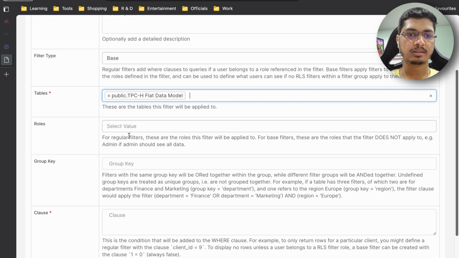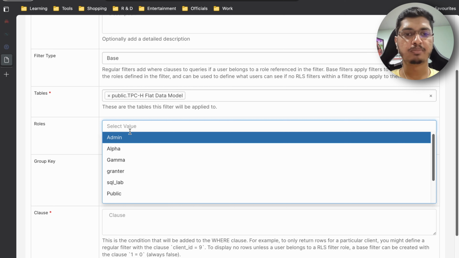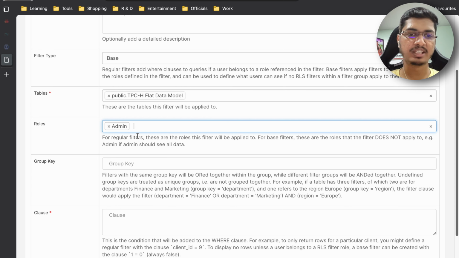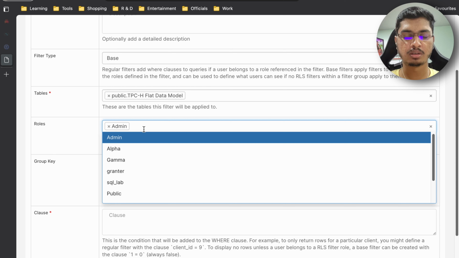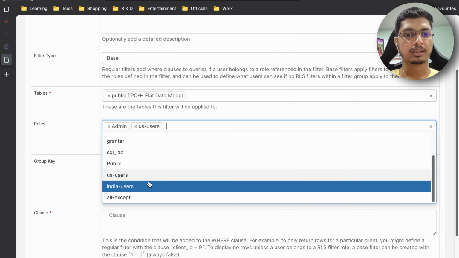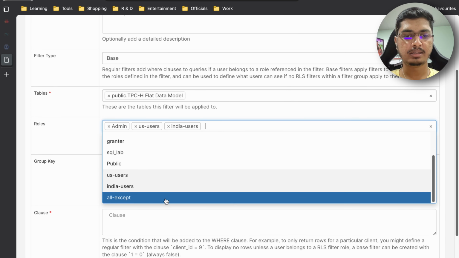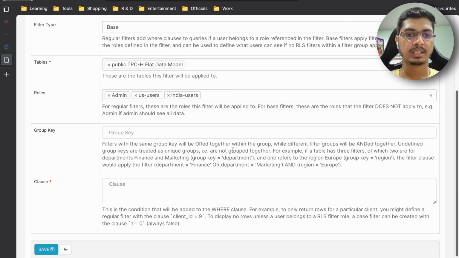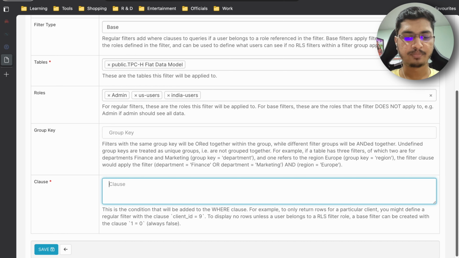Once base is selected, then we have to do inverted. So this base should not be applicable to which users, it should not be applicable to these RLS groups. This RLS group condition or criteria should not be applicable to admin, US, India, okay, so only these three. Again I am going to write where, what should I write, n underscore name is equal to United